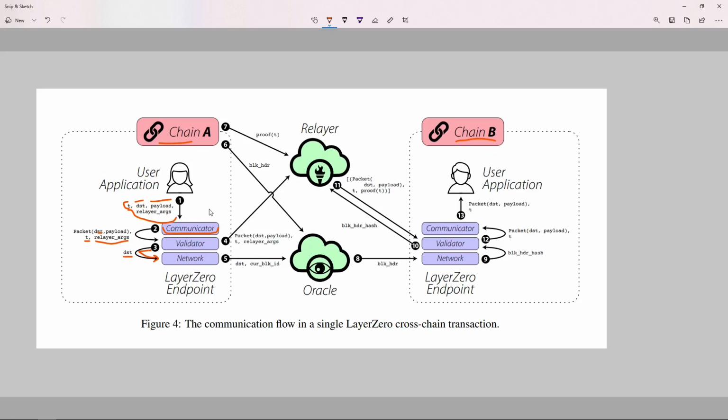Okay, what happens is, once it passes the destination to the network, along with that it passes the packet. A packet is nothing but a combination of our destination and payload, and the transaction and relayer params, to the relayer. So what exactly is a relayer? A relayer is an oracle, you can think of, which basically fetches the data from a blockchain. And an oracle, as you all know, like Chainlink, is an oracle which provides services that bring data off-chain to on-chain. If you don't know what Chainlink is, you can just Google it. It's a very popular platform.